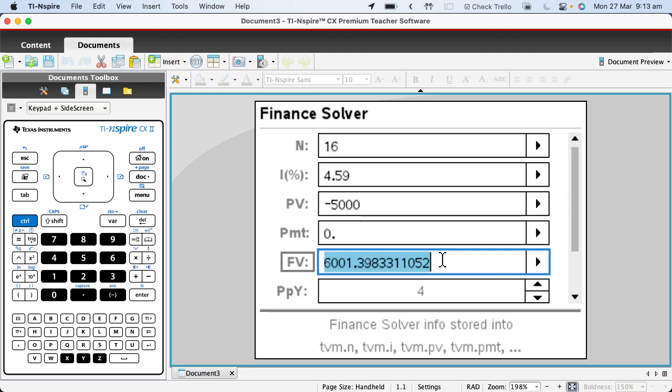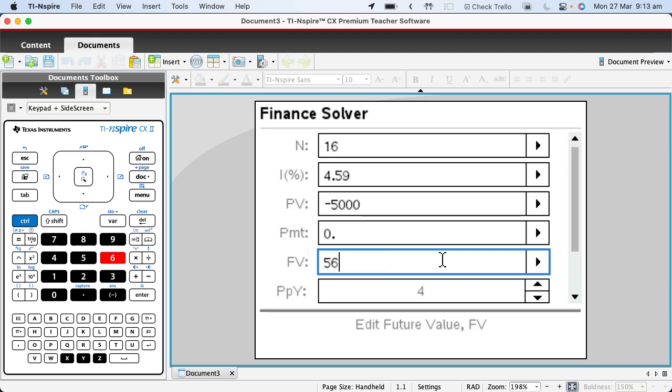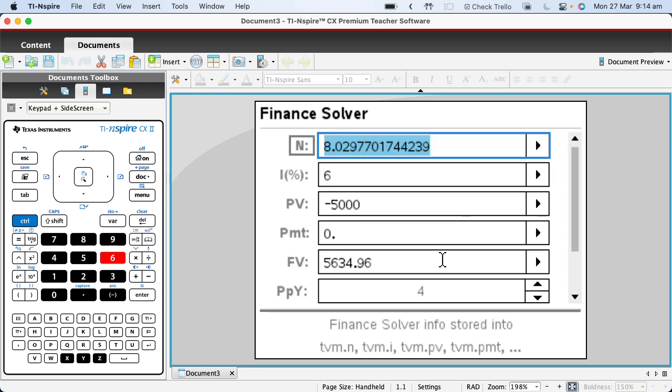put the original amount in, which was £5,634.96, and let's just say the interest rate is doubled to 6%. How long will it take to reach the same final value? So you put in the values that you've got, go up to N and press enter. There you go. It'll take